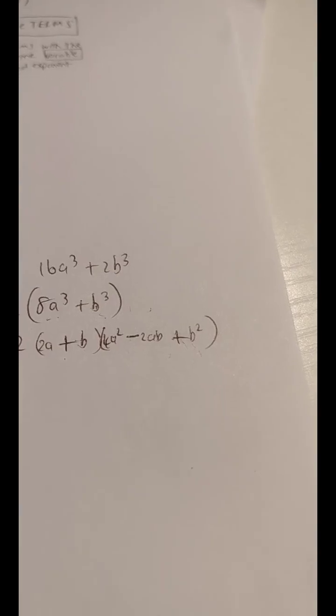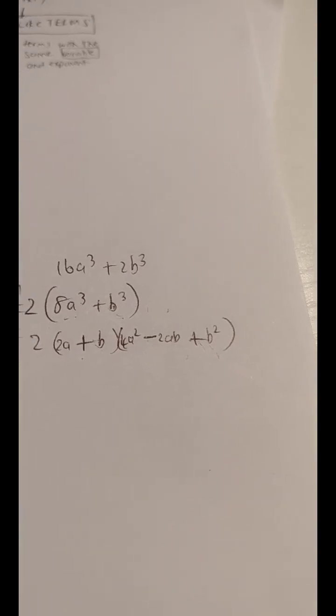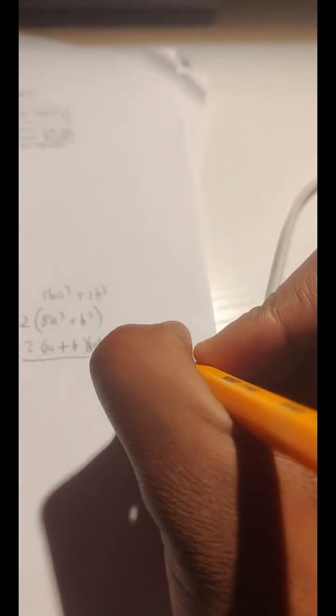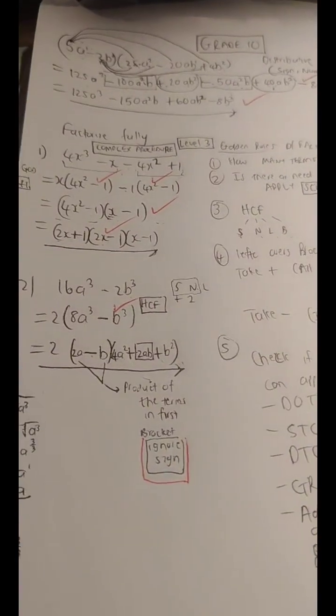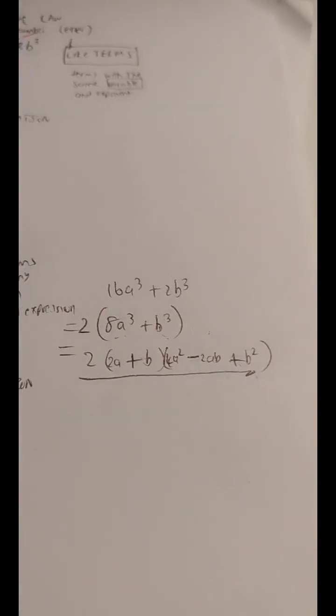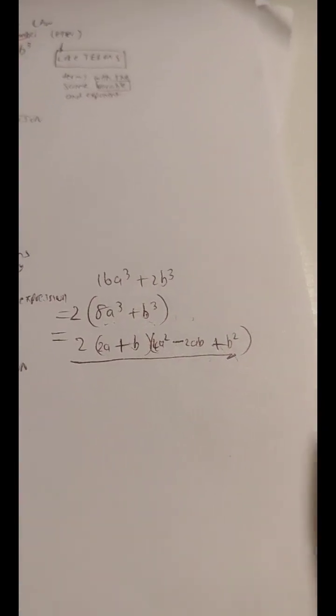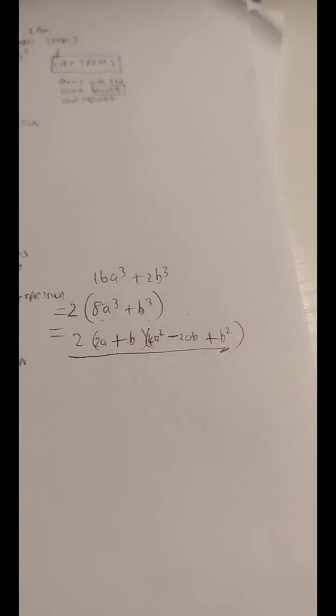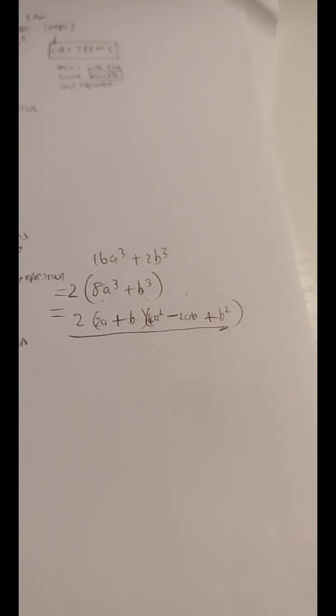Okay, all right. I hope it makes sense. So this is basically how we factorize a cubic, whether it be difference of cubes or sum of cubes. The only thing I think is a complication here is just the sign. But once you've mastered the signs, you saw what I did, guys. The sign combination is always the same.